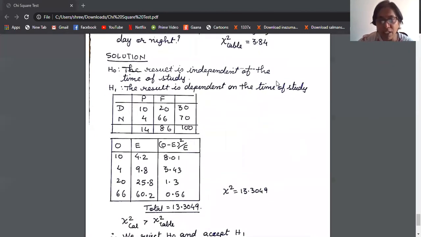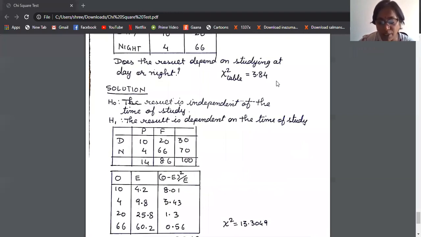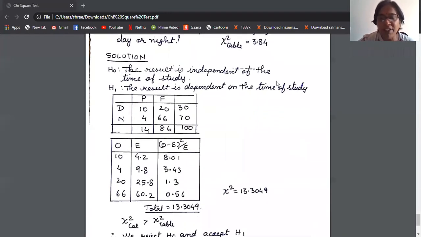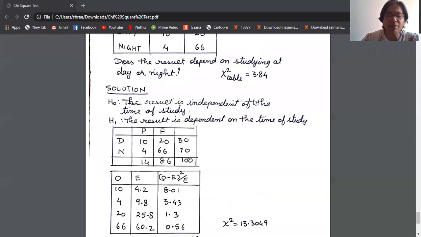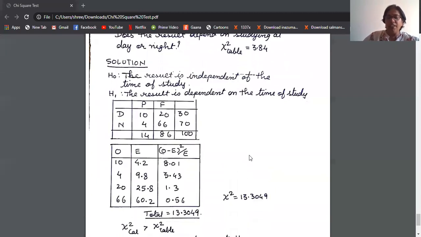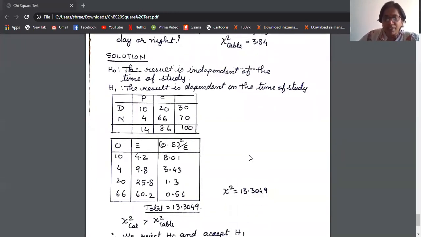And at the 0.01 level, suppose it is 15.5. It is not the correct answer, I'm just supposing. I'm not checking in the table. I'm just making up the number so that you understand what happens if the R value lies in between. So at the 0.05 level, the table value of 3.84 is given to you. At the 0.01 level, 15.5 is given to you, suppose. And now our answer, that is 13.3, lies in between both of them, correct?